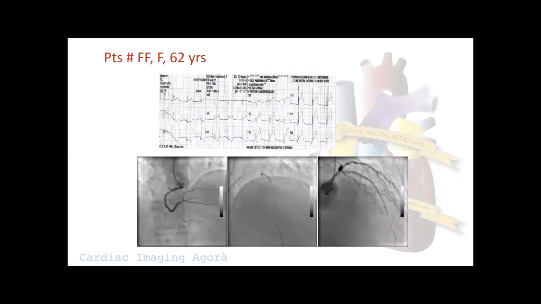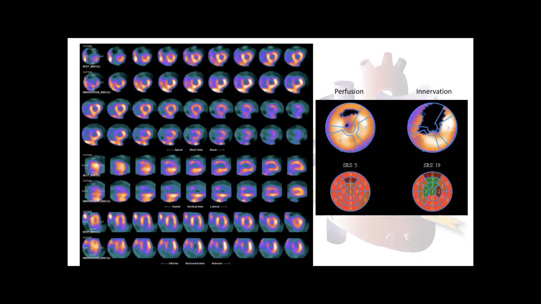So if we come back to our patient, we see that we have this revascularization within 2 hours from the onset of symptoms. So what could we do? We decided to submit this patient to an evaluation of viability and innervation, and it's very nice because in the first row you have the evaluation of viability, and you see that there is viability in the wall myocardium. You have a revascularization within 2 hours from the onset of symptoms, but if you analyze the innervation here, if you compare these two slices, perfusion viability and innervation, you can have in a very simple way the demonstration that there is a damage of the innervation, there is a reduction of the MIBG uptake